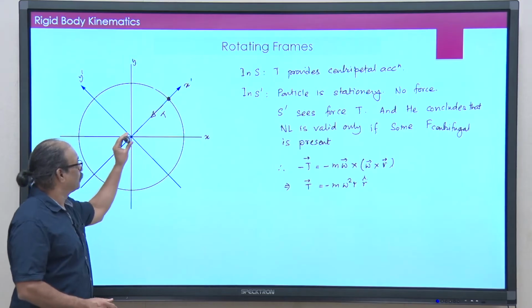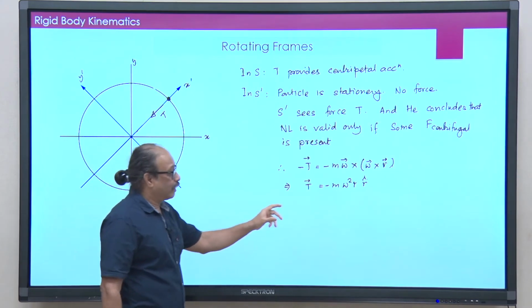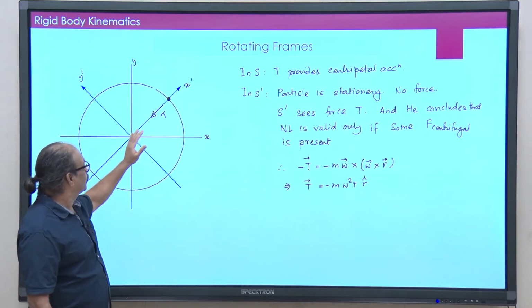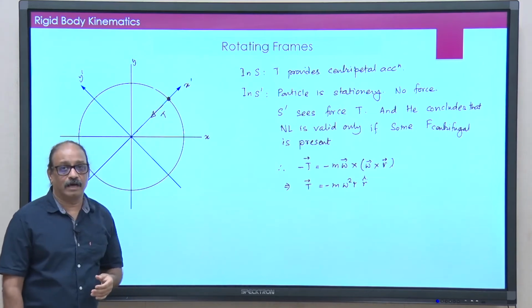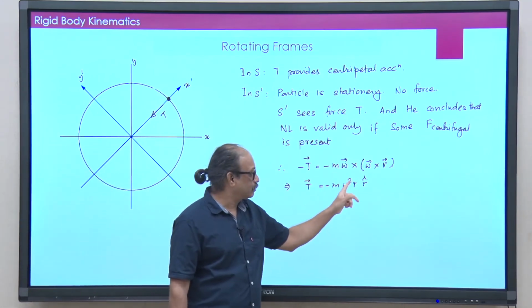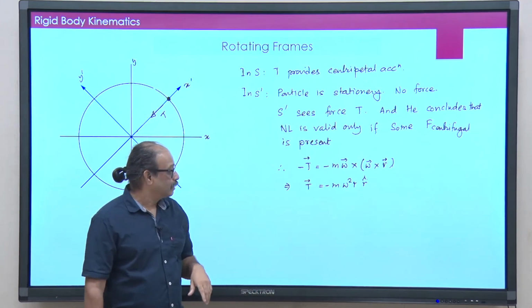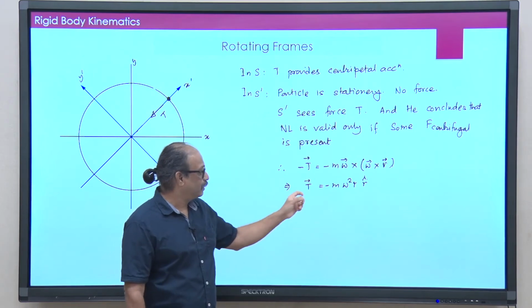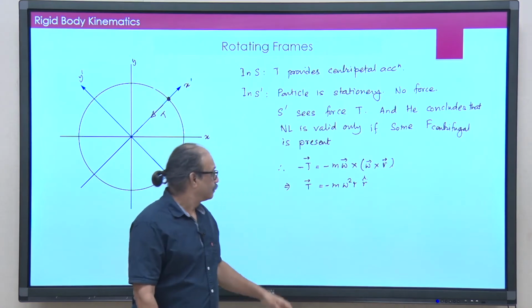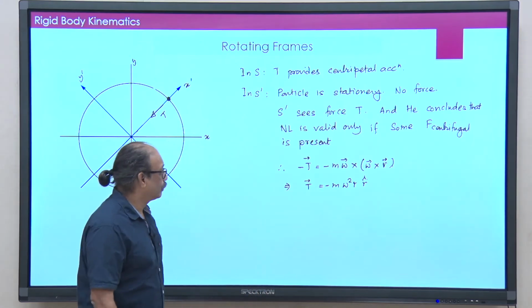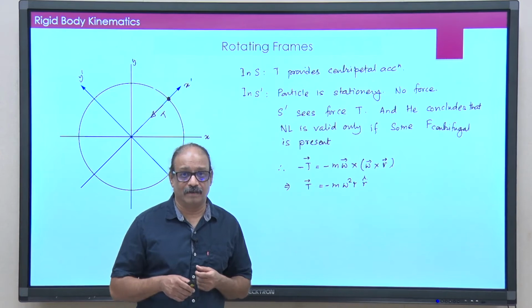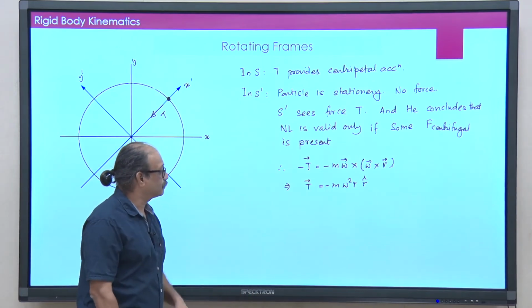Okay. So, we can of course immediately calculate this. Omega vector is pointing out, and then you can calculate omega cross r. The r vector is like this, so omega cross r will be pointing in this direction, and then you take one more cross product to show this. So, your tension T must be exactly equal to the centrifugal force in magnitude, and they must be opposite in direction, and that is how the net force becomes 0 in my non inertial frame. So, somehow I managed to save Newton's second law, but by adding the centrifugal force.